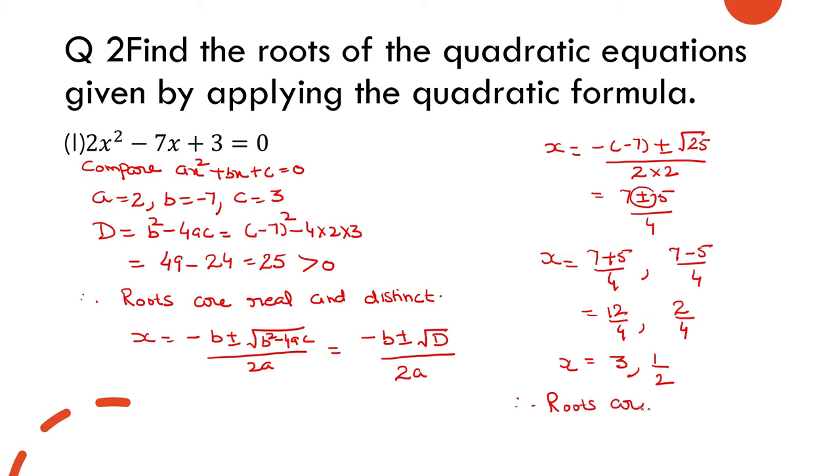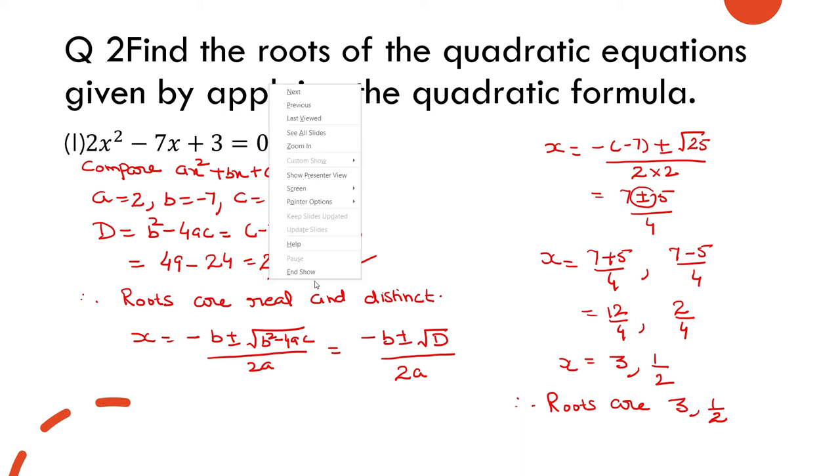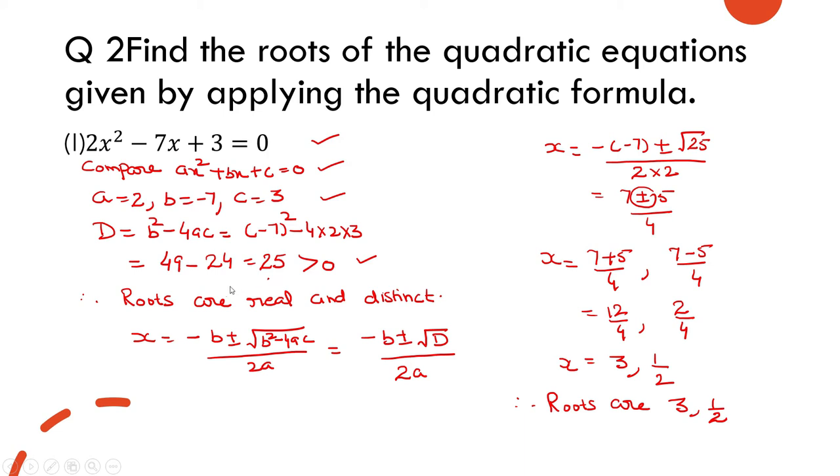इस इक्वेशन के हमारे रूट्स आ गए 3 and 1 by 2. I hope steps are clear to you. Let me repeat again. First step is, we have to check whether the given equation is in standard form or not. If it is not in standard form, then write it in the standard form first. Then compare with the standard form and find a, b, c. Next step will be to find a discriminant. After finding a discriminant, check whether its value is positive, negative or 0. According to the value we have, as done previously, we will write whether roots are not real, or real and distinct, or real and equal. So here roots are real and distinct.